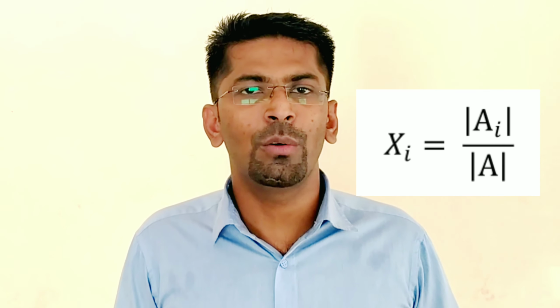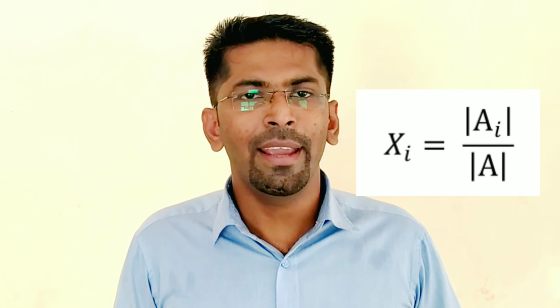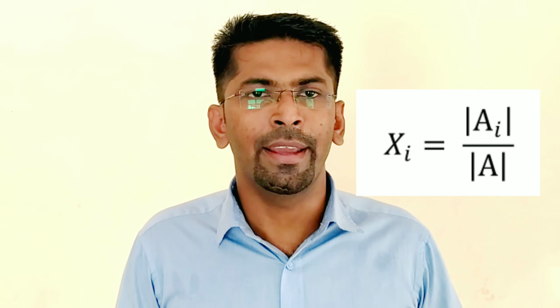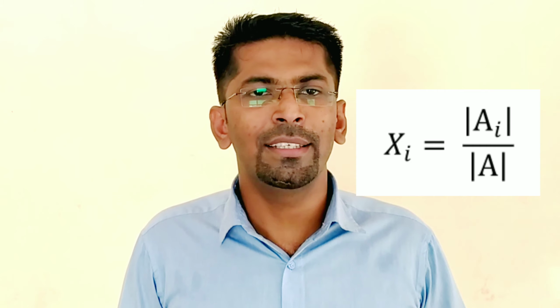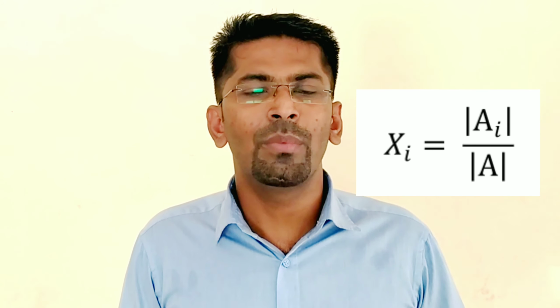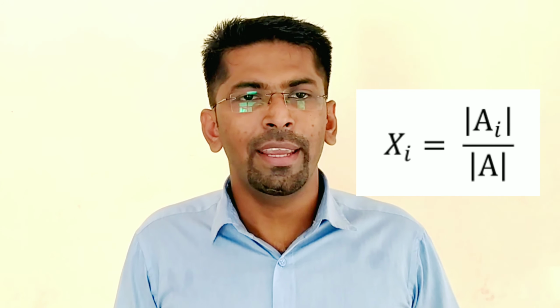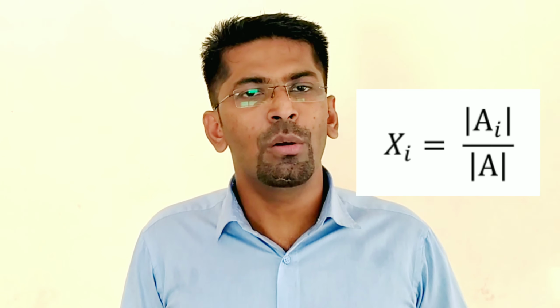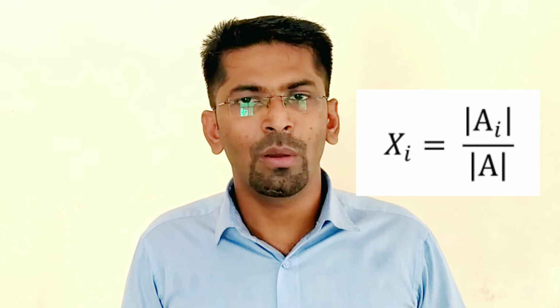When the number of equations is equal to the number of unknowns and the determinant of the coefficient matrix has a non-zero value, then the system has a unique solution, which can be found by using Cramer's rule. So Cramer's rule is: xi is equal to determinant Ai divided by determinant A, where xi is the ith unknown variable in the equation and determinant Ai is the determinant value of a special matrix which is formed from the original equation.